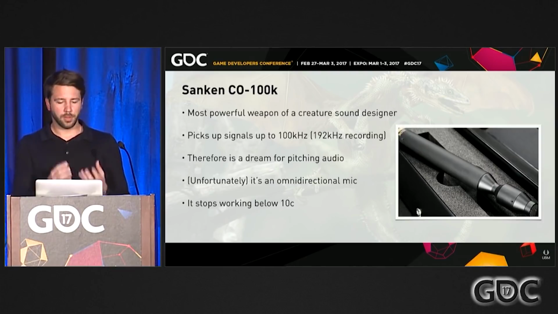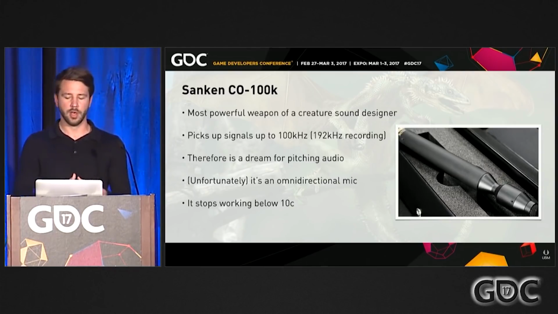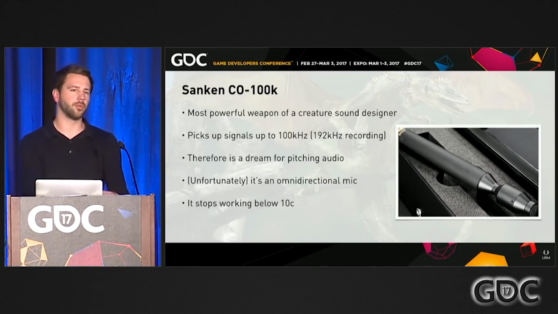So what that allows us to do is, if we pitch down audio with a normal mic, you would lose all this information as long as you go 1 octave down. You would make the sound very muffled and therefore unusable for our creature sound design purposes. But with the Sanken, and I really urge you to try it if you haven't done so before, record yourself and pitch it down up to 3 octaves, and it would still sound more or less crisp and really, really